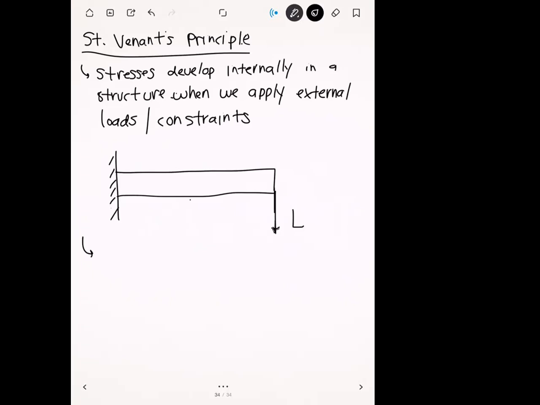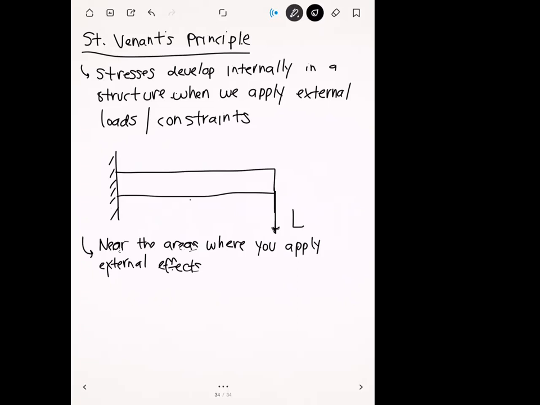And so what St. Venant's principle will tell you is that, near the areas where you're applying external effects,